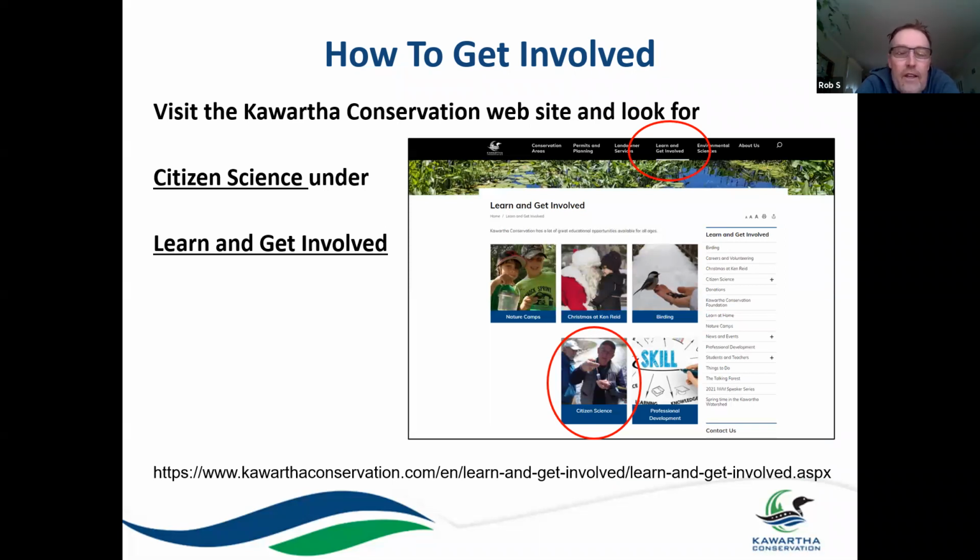If you click on that link, it opens up another window where you can see all of our different projects. It also has a page where you can enter your information and indicate which projects you're interested in. Then a member of our staff will get back to you and let you know how you can take part. We have different staff members who are overseeing the different projects. I'm overseeing the Senior Citizens Climate Action Project, our aquatic biologist is overseeing the Nearshore Aquatic Plant Project, and our water quality specialist is working with U of IT on the Nearshore Water Sampling Project.